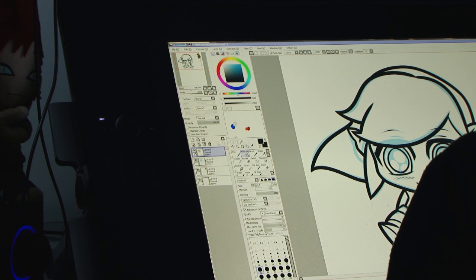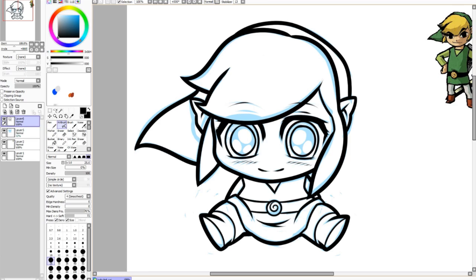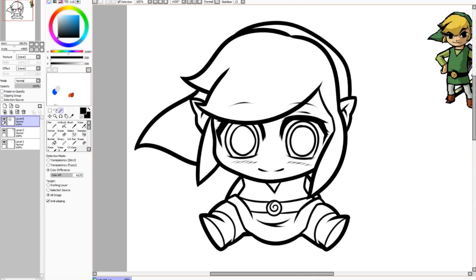Alright, so, get the lines done. Now, you can see what I was talking about with the line weights being different from one another. Like, the outside lines are thick, the inside lines are thin. Just remember that whenever you're inking. Okay. So I'm going to delete the sketch layer since we no longer need it. I'm going to take my